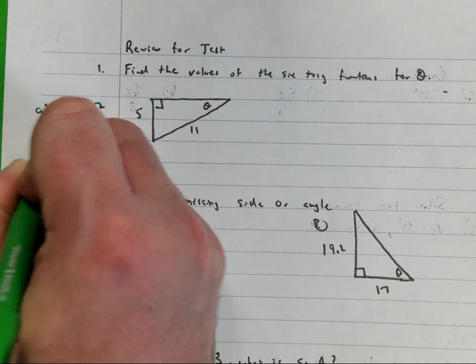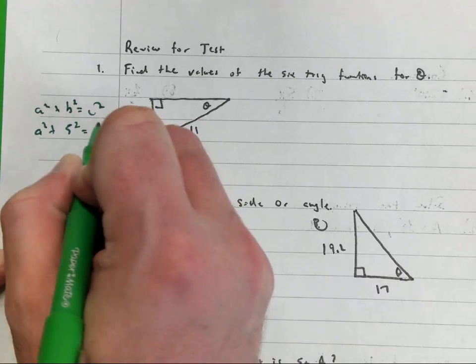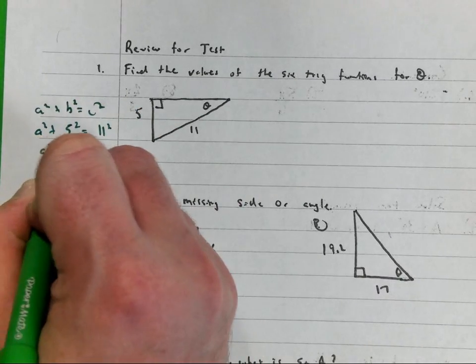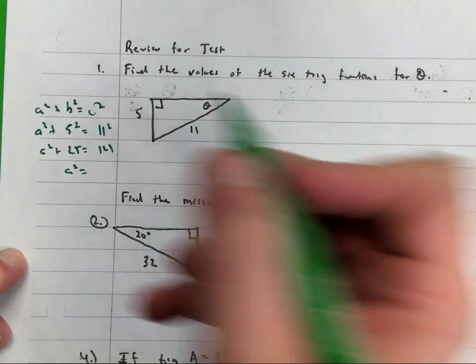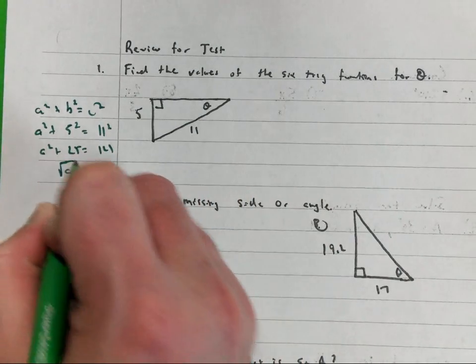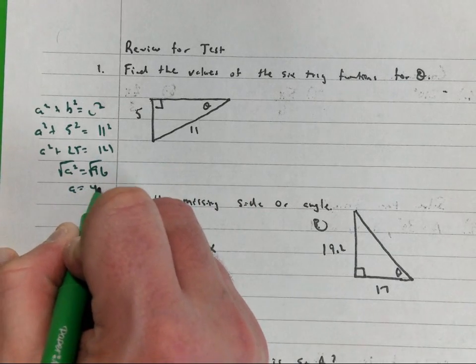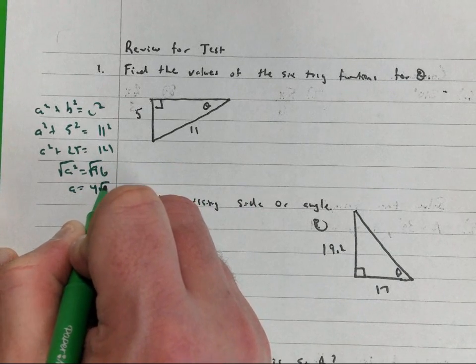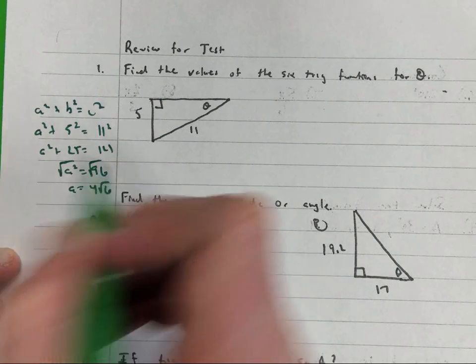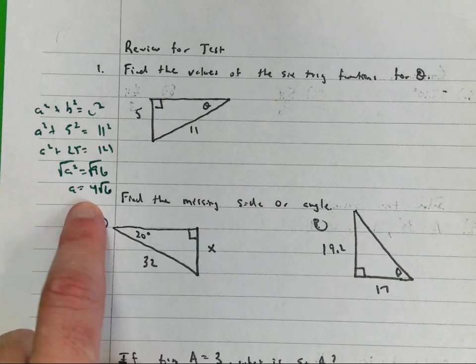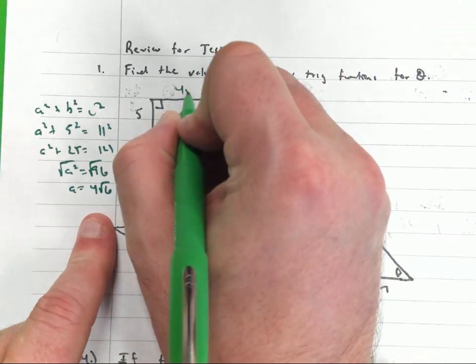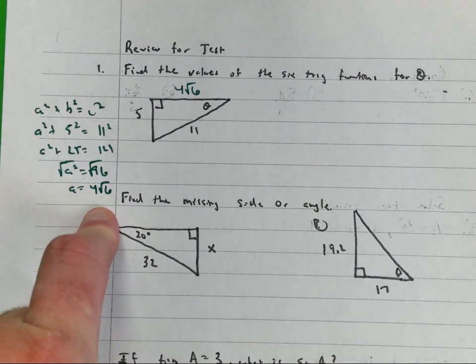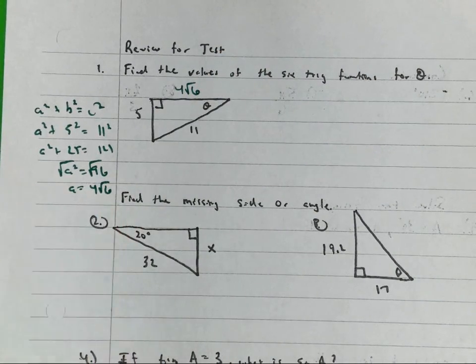Okay, I'm looking for a leg. You get 96. Take the square root of that. That's going to be 4 square root of 6. It's like 9.7. But I don't want a decimal. I want you to get this and break it down. 4 square root of 6. Because you're writing it in fraction form, you don't want to have decimals in a fraction. So 4 square root of 6.